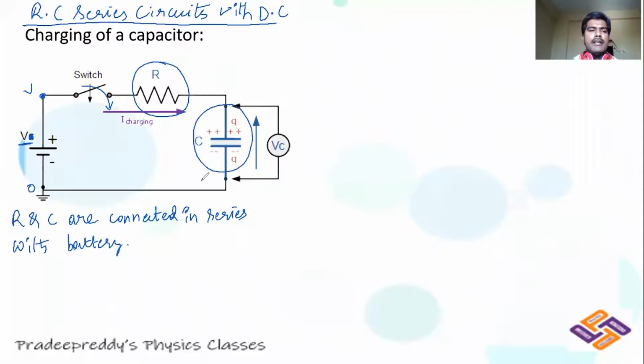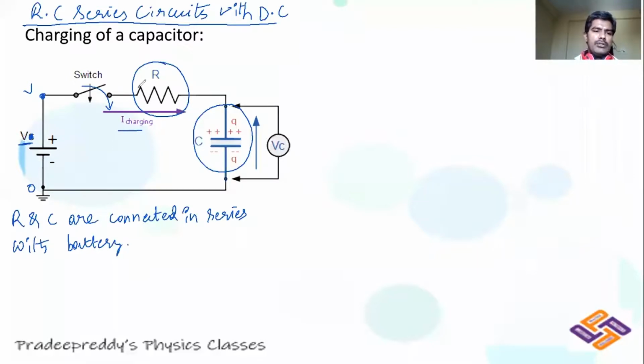right? Some part of the total voltage is dropped across the resistor and some part of the voltage is being dropped across this capacitor. Now through this resistor, when the charge is flowing through, there comes some current, and through the capacitor, when the charge is flowing through, it gets charged. So the potential difference across this capacitor is used in charging the capacitor, whereas the potential difference across this resistor is used in current flow in the circuit.